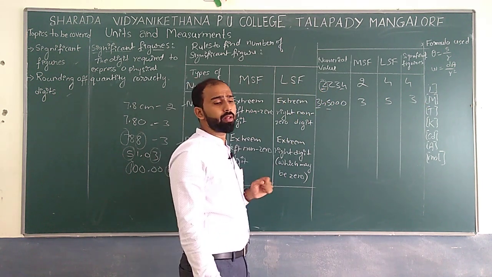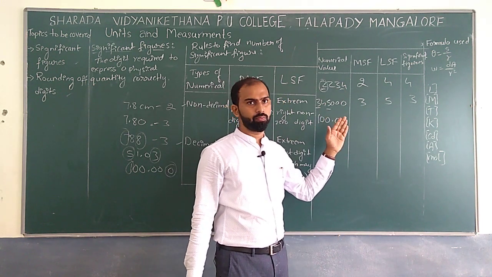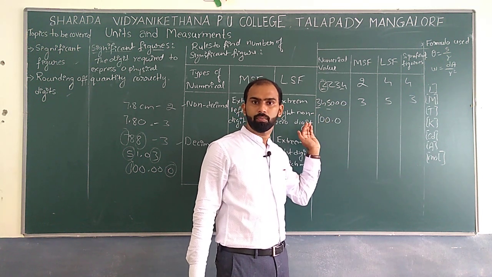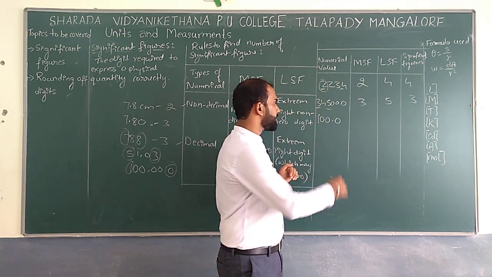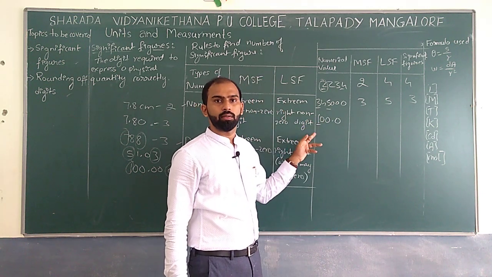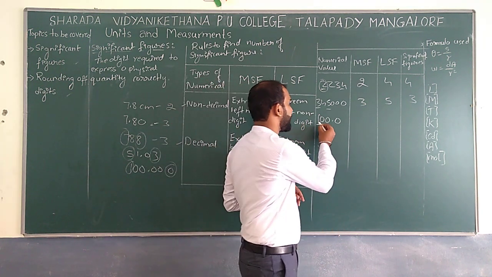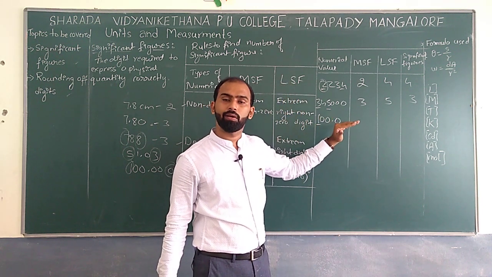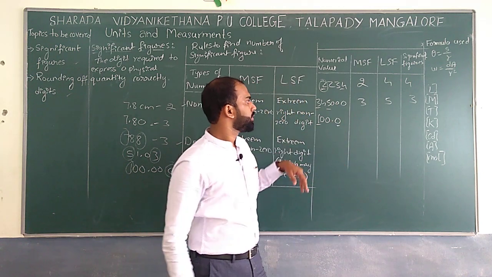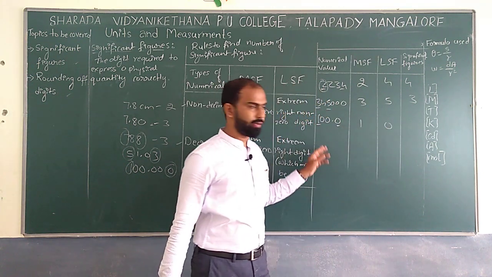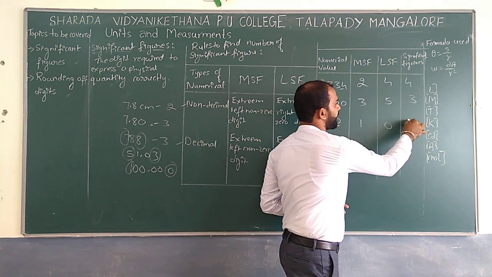You get it? Yeah. And you take one more value, that is 100.0, and check the MSF value. Before we check MSF value, we have to be sure whether the given value is decimal or non-decimal. This is a decimal. So extreme right or extreme left non-zero. So that is 1, and extreme left any digit. It could be 0 also. Okay. So this is the LSF. So what can I say? 1, 0. How many digits are there from 1 to 0? 1, 0, 1, 2, 3, 4. Significant figures I can expect are 4.